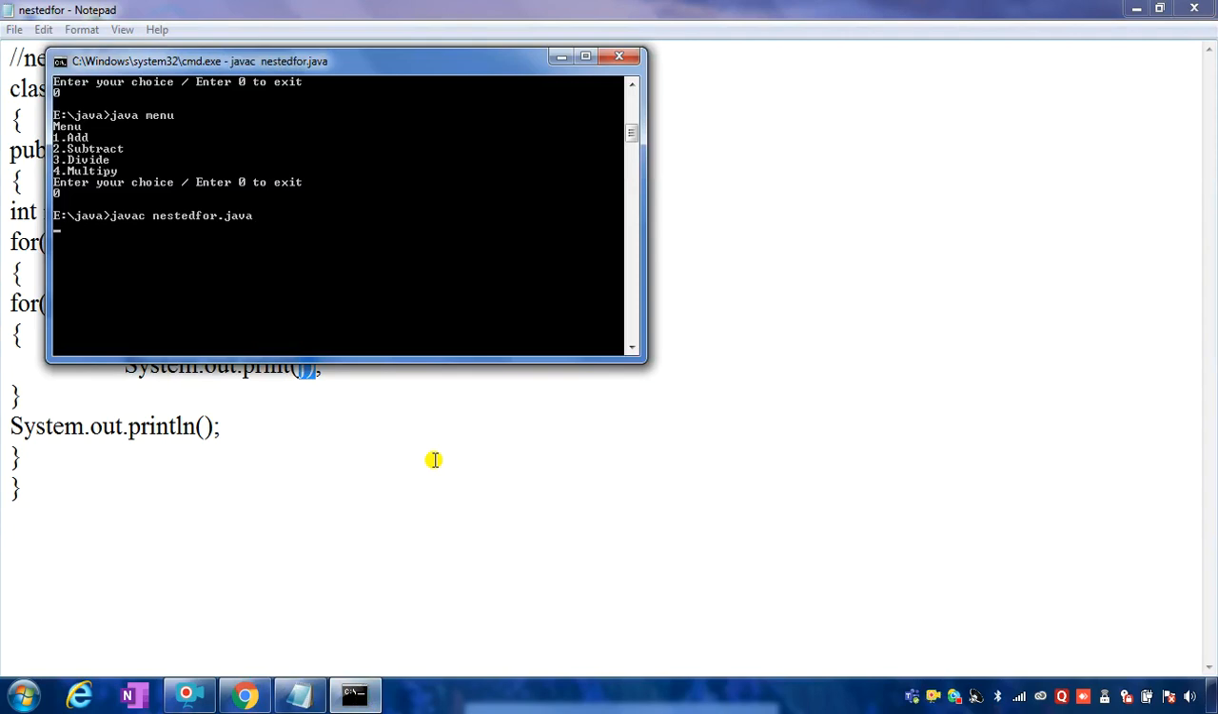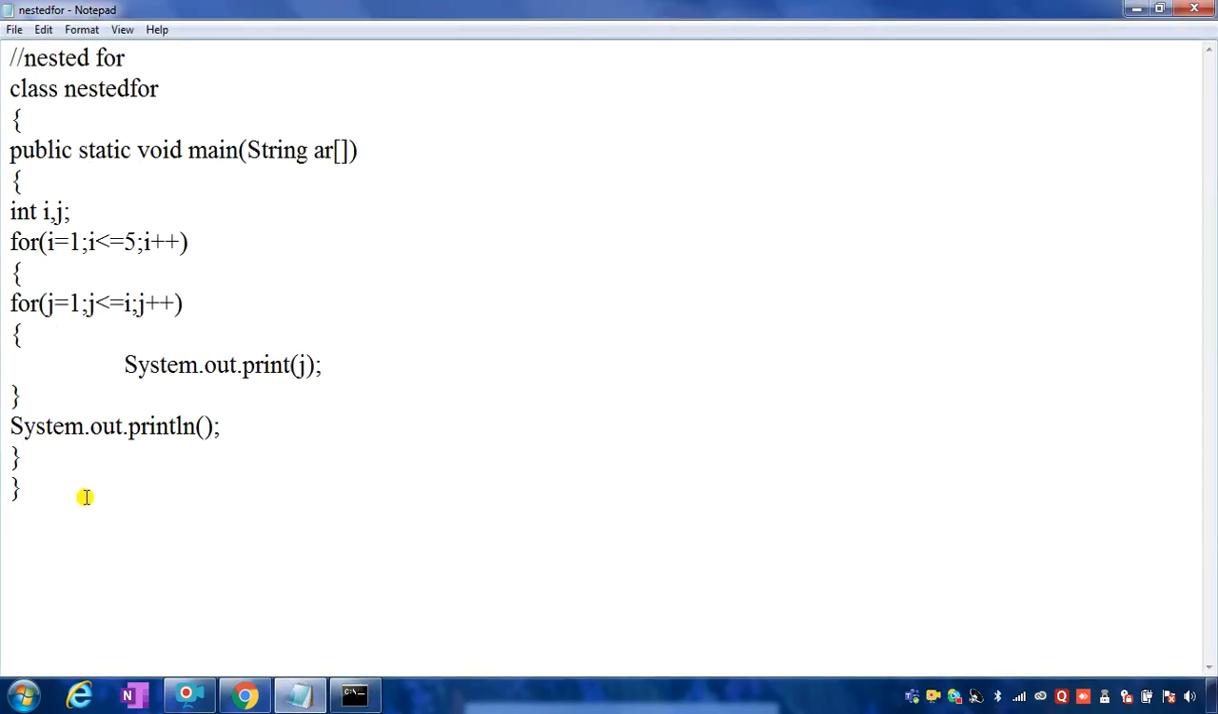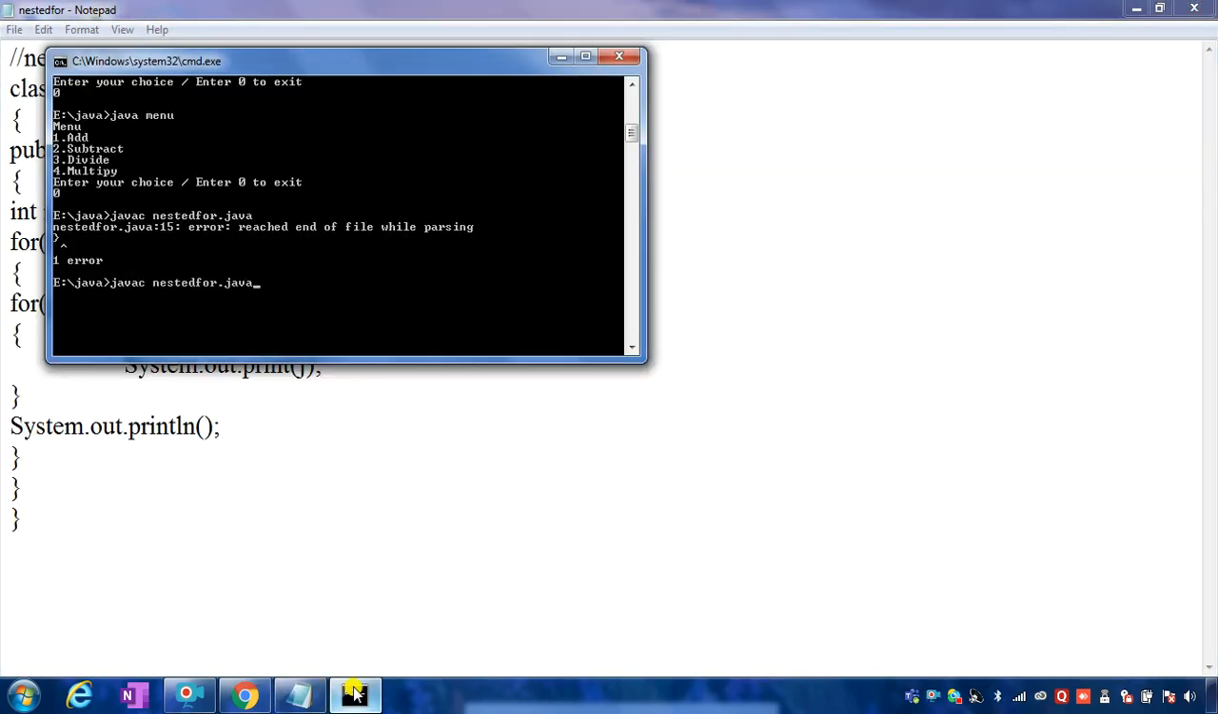You should just understand how these i and j are working. I'm getting an error, maybe I have not closed a curly brace. So now this for is getting closed here, this for is getting closed here. Okay, my class is not getting ended. Now I'll print Java